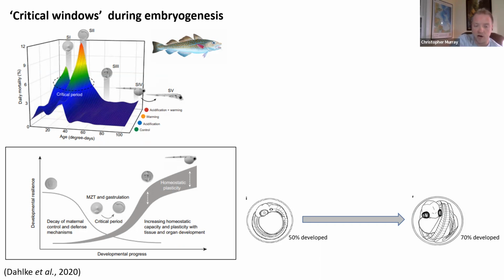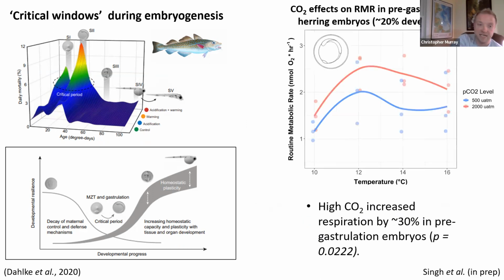So in this follow-up study, I wanted to hone in on early developmental stages to see if we see any differential patterns. And indeed, I found something really interesting. I took embryos that were being reared under chronic temperatures of 10, 12, 14, and 16 degrees and 2 CO2 levels. Then, using the same exact methods as in the previous study, I evaluated their respiration rates. And this time, what I found was about a 30% increase in respiration rate under high CO2. So this was completely flipped from what I had found previously.